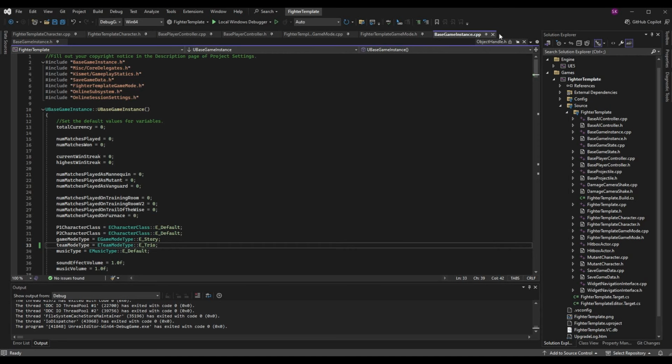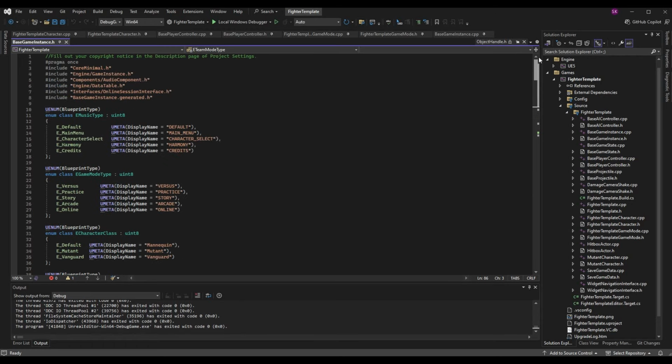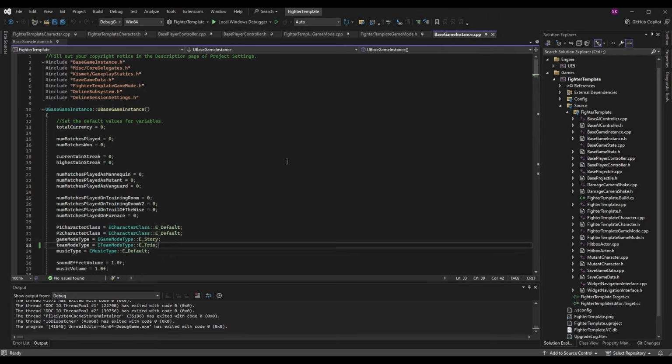Specifically, let's go into our base game instance.cpp and let's make sure we set our team mode type to the proper type. So in the previous episode, we implemented this enum where we have these 3 team mode types of solo, duo, and trio, but we do need to know which one we are in, and since we don't have any menu logic to enter solo, duo, or trio, we do need to forcibly set this in the base game instance. So in the constructor, I'm setting it to be whatever mode I want at the moment. Duo or trio will work. Just make sure it's not solo for this episode